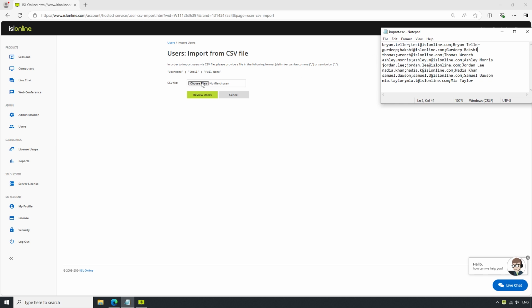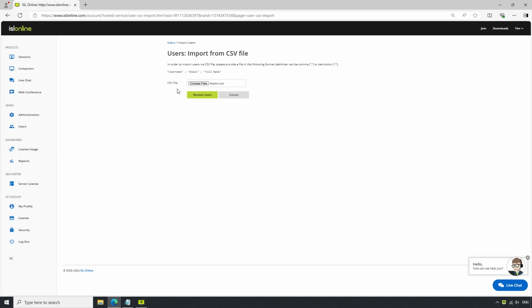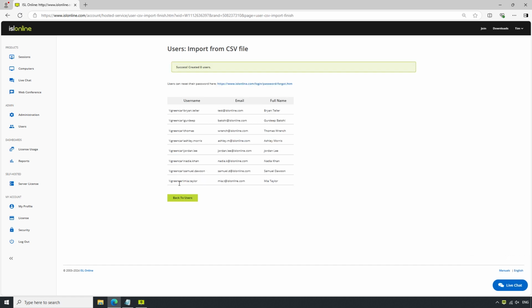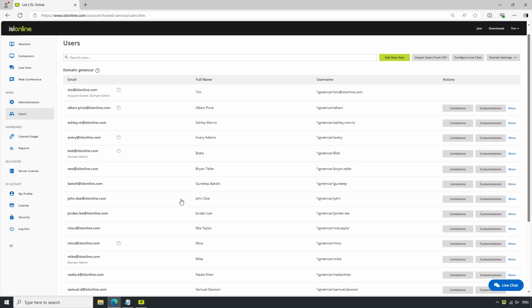We can then upload that file by clicking on Choose Files, selecting it, and clicking on Review Users. Once islonline.com has checked the file for errors, we can then choose whether or not we would like to send a welcome email to the new users, and click on Import Users. Once we go back to the Users tab, we will see the new entries.